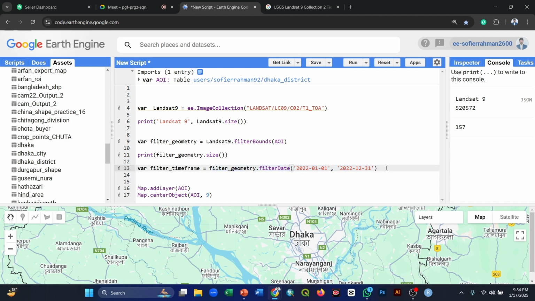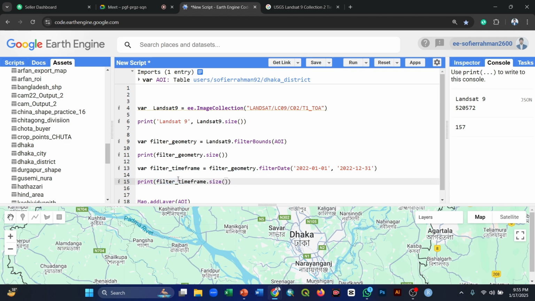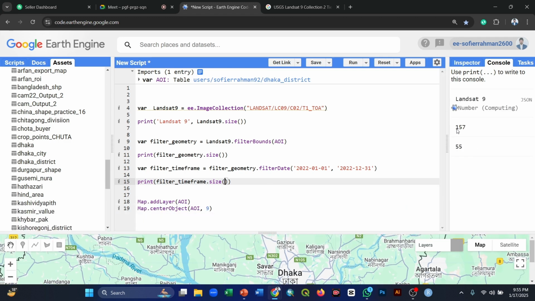Now if you want to check how many images are available in this study area and this time frame, we simply copy this time frame variable name, because we already used this function and stored it in the variable named filter time frame. Simply copy and paste here. Within the parentheses I use the size function to show the integer number value. Now click run, and you see here, from these 157 images in this time frame,